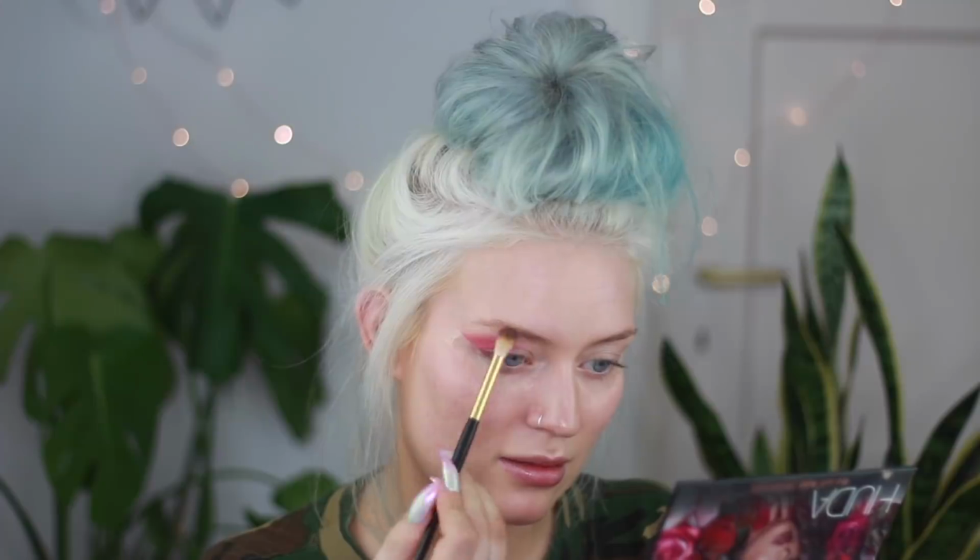To the outer corner of our eye. Okay. And then we're gonna take it into the... Wait, stop, stop, stop. She didn't prime her lids. And as I know from NikkieTutorials video, she also did a Desi Perkins video. Desi didn't say anything about her brows in the video, so I'm probably gonna end up with no brows as well. Let's not prime our lids. To the outer corner of our eye. Outer corner. Oh, it's a little bit more, but...